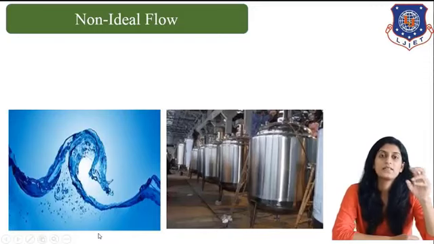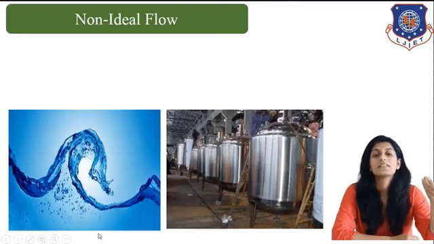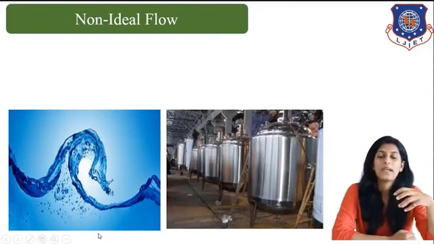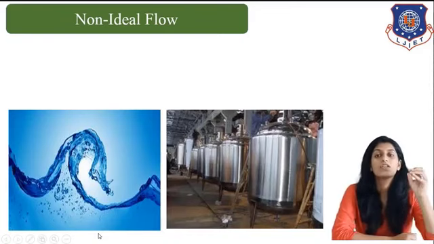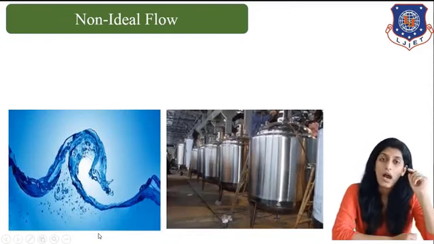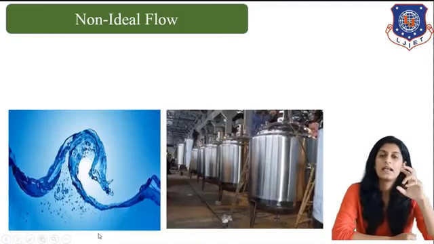In actual practice, those ideal conditions or equations are not always favorable. In actual practice, the ideal condition somehow gets deviated from ideality, and that's why we need to consider non-ideal conditions also. We will deal with non-ideal flow, how the non-ideal flow is generated, how to cope with that, and how to manipulate your reactions or your derivations based on non-ideal flow.